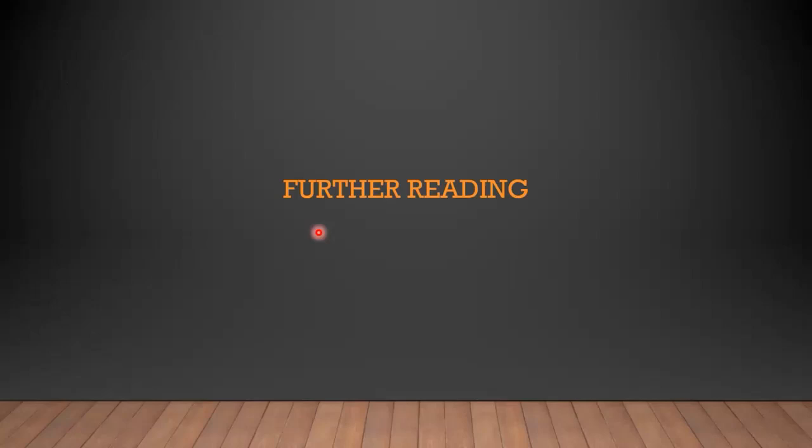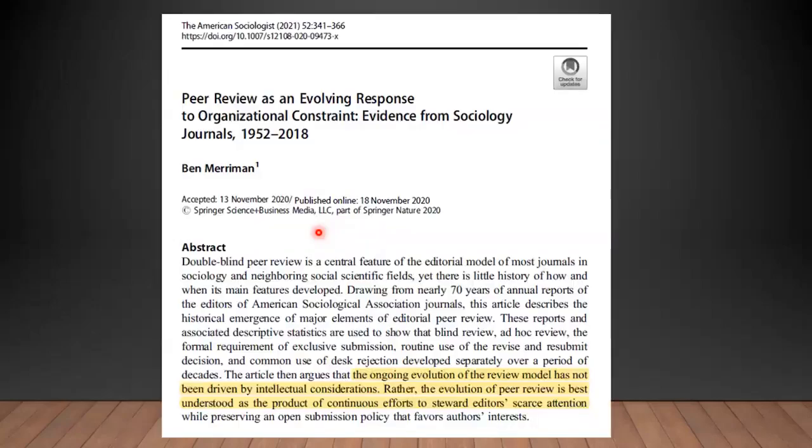So at the end, I would like to mention quickly some important further reading. This is an important paper published just this year: Review as an evolving response to organizational constraint, evidence from sociology journals from 1952 to 2018, over 70 years. This is a very important paper. If there is one paper you want to read to understand what's going on in peer review, I would recommend